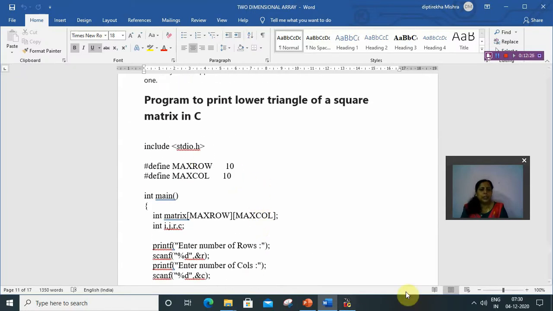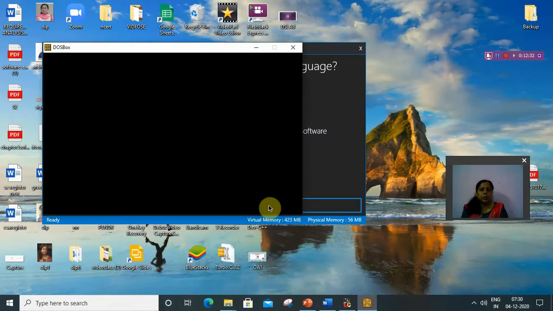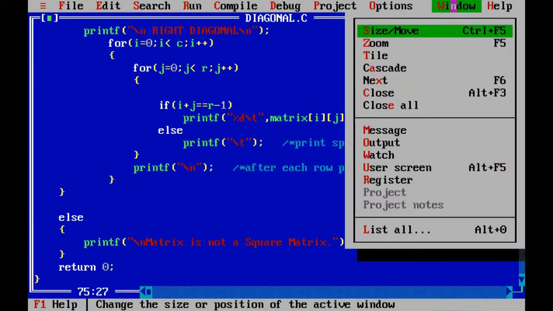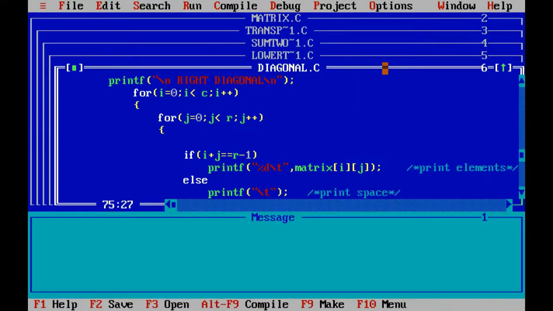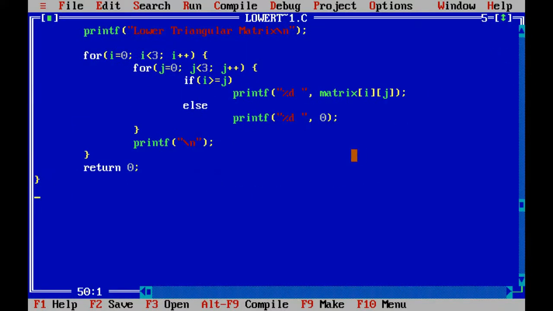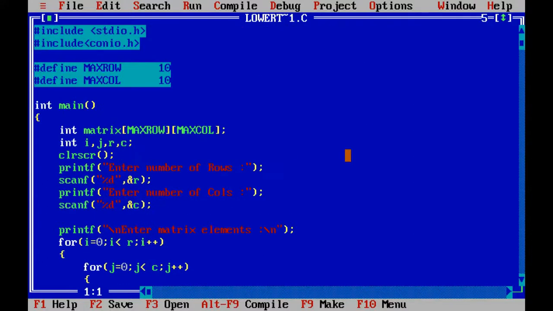Let's execute it. Start Turbo C++. Then I have to open the program lower triangular matrix. Yes, this one. I have defined max row and max column with the value 10 and 10.